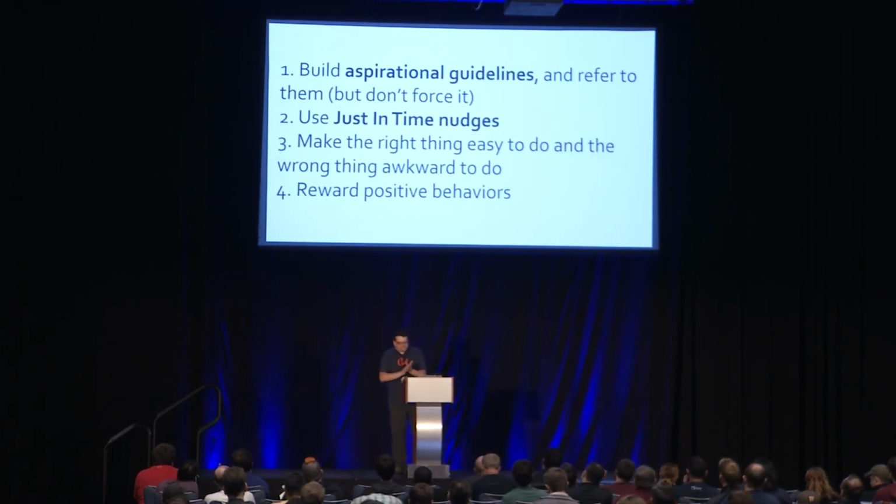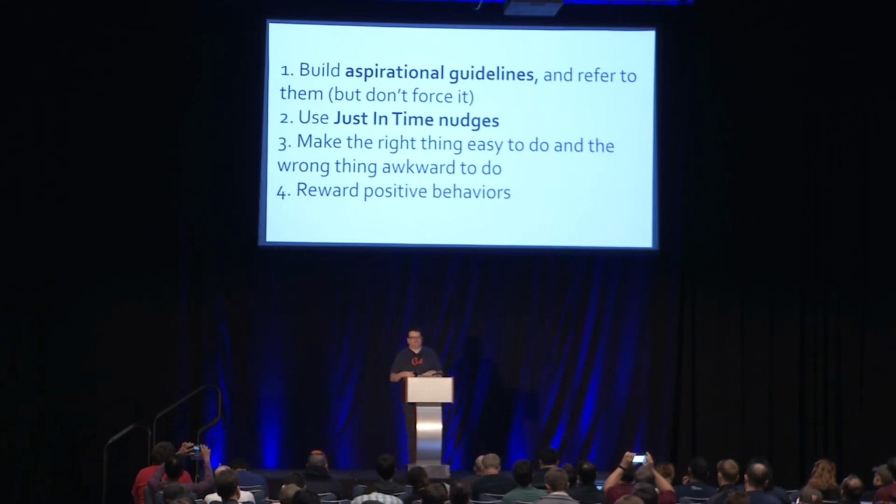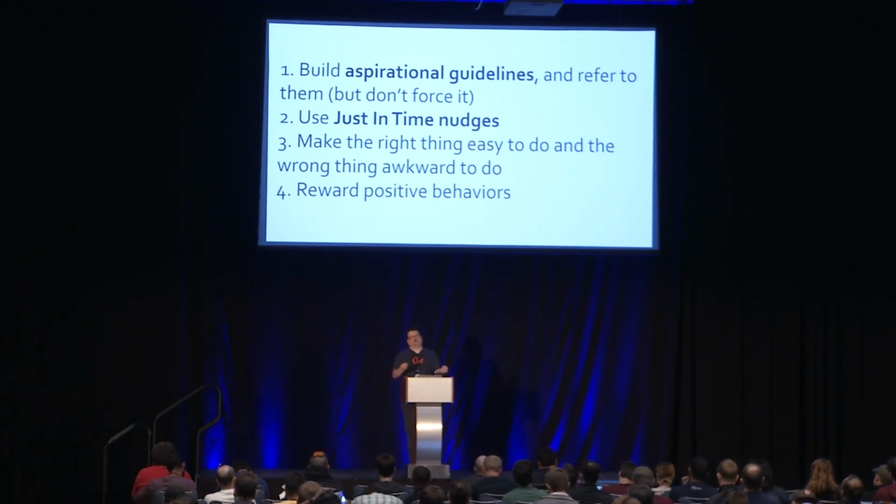So my main pieces of advice for driving user design: you definitely need aspirational guidelines. Not having a list of things that you believe in means that you technically don't believe in anything. So you do need that, but it's not going to be as useful as you think it's going to be, because it's all about how do you get people to actually do those things. That's the hard part of this. Coming up with the rules is not the hard part. So for getting people to do it, the just-in-time nudges, and again, I highly recommend the Dan Ariely book, the Nudge book.